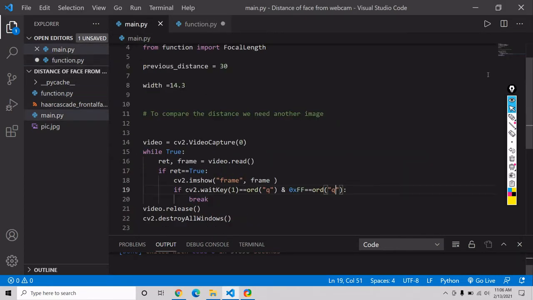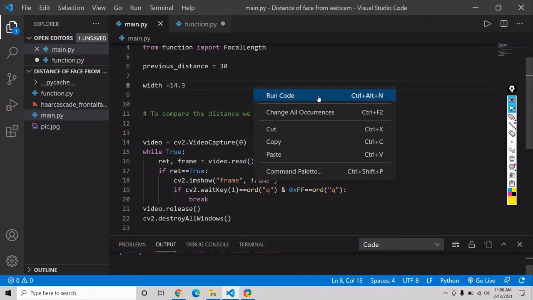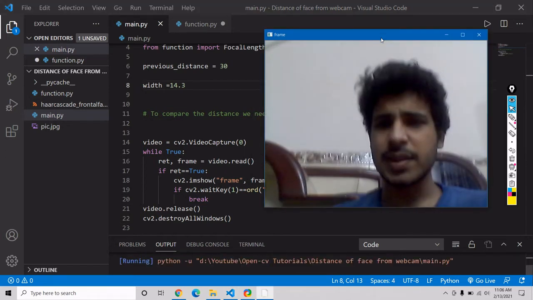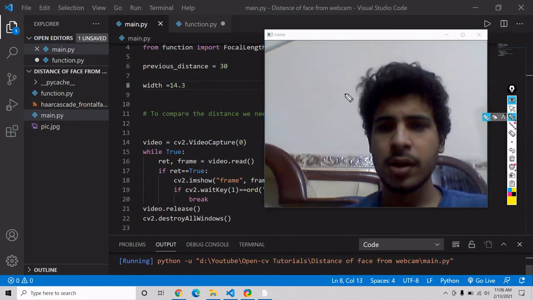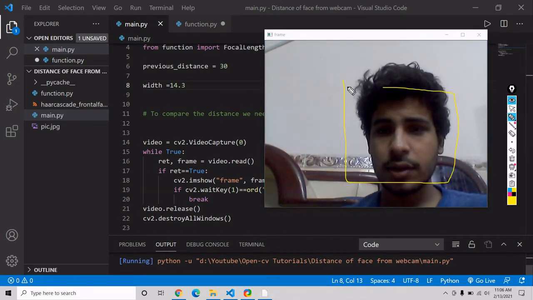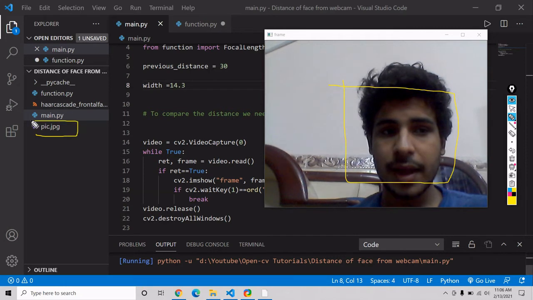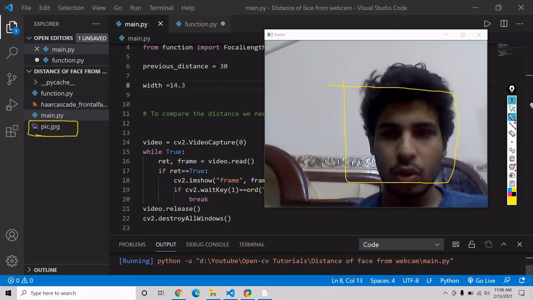So inside this, as we know, it is simple code that we use to detect our face. If I show you by running this, now as you can see, it is a very simple face detection. So here we have to make our detection of our face. After that, it will try to compare our distance by comparing with our images. So for that, let's write the code.